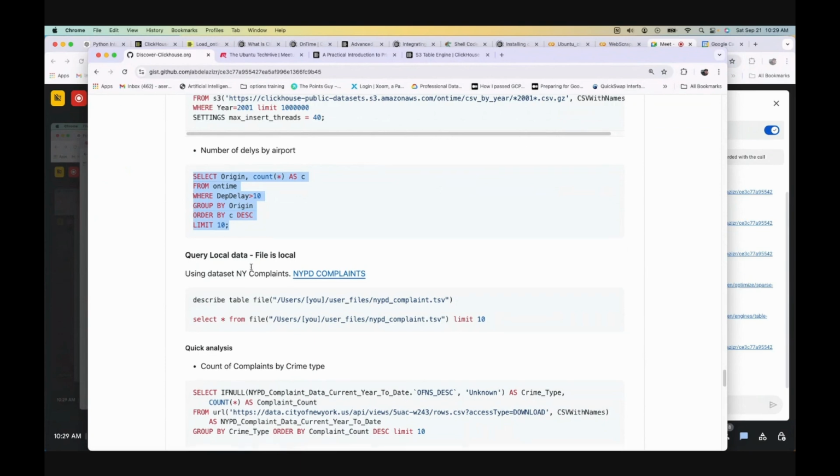I also played around with another file, the complaints from the New York Police Department. I did some of that work earlier. I already downloaded the file as a TSV, and I'll show you how to do that later. And